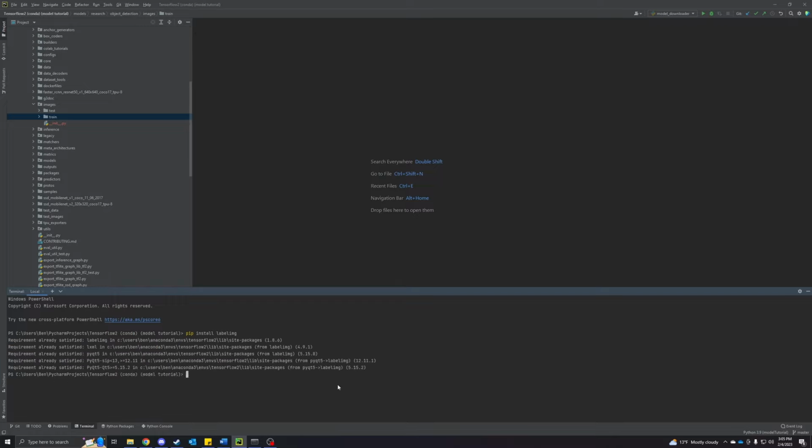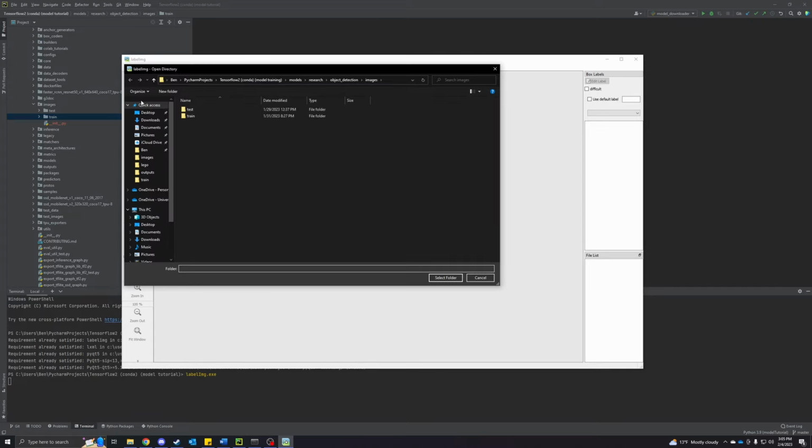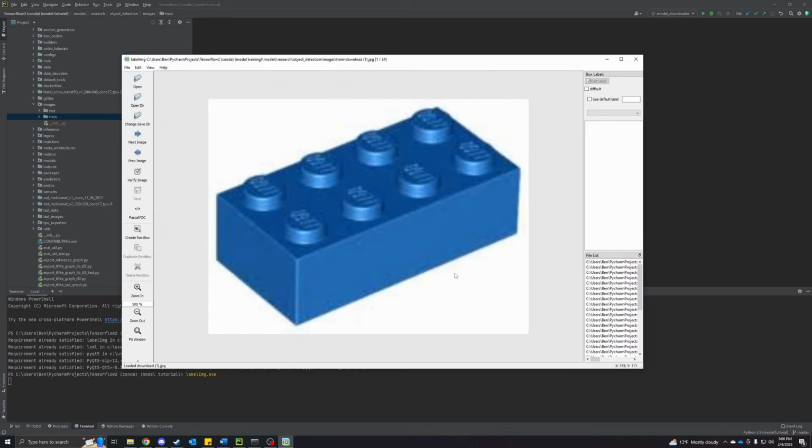Just like that. And it looks like I already have a copy of it. So then to run it, you can just run label image, and we should get this nice window. So what we're going to do is open the directory that our images are in. Again, you might have yours in a different place, and I already have mine sorted out. But if we go into train, we're going to select this folder, and you can see